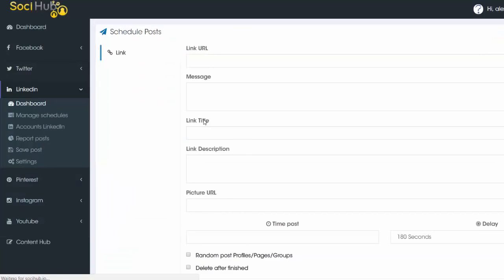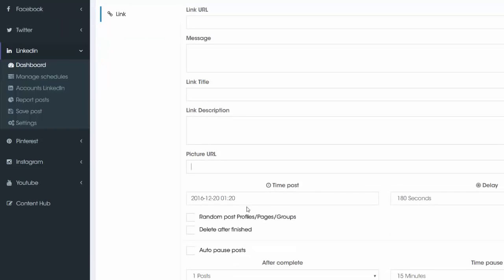Okay, the LinkedIn dashboard. Same sort of thing, but you can only do a link on this one. So you would put your link in here, you would put your message in here, your title, your link description, your picture URL if you want to add a picture to it as well, and then you can schedule it